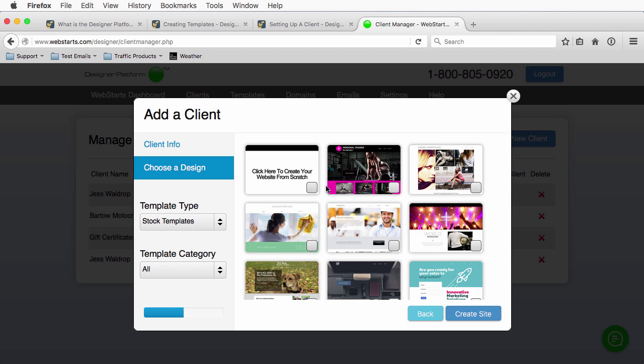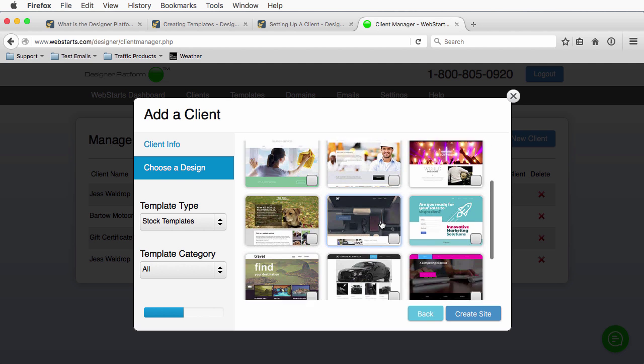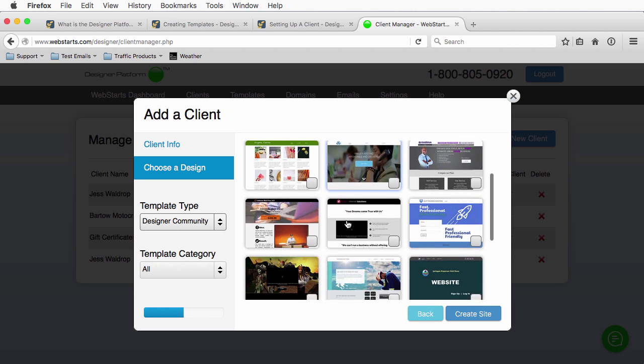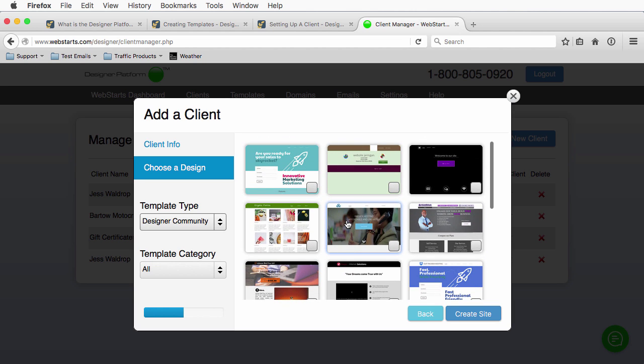Here is the page where I'll choose a design for the site. This is where it's going to be a little bit different from the front end. Here are the stock templates. These are the same ones that we provide to all of our clients. In addition to that, designers have access to both a designer community set of templates, designs that are created by our designer community and made available publicly so anybody can use them, and what's more important in my case here